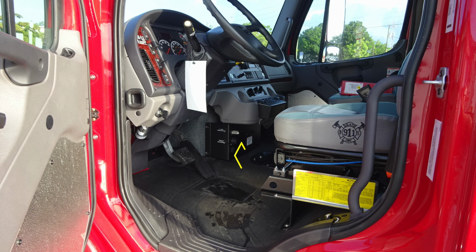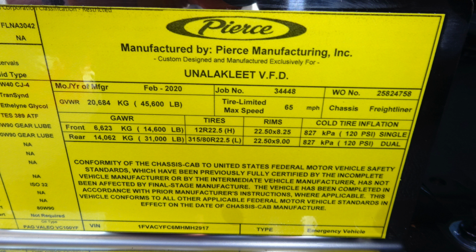Let's first start at the seat area where you'll find comfort controls. This is an air ride seat on the left hand side, and then on the right you'll find front to back location lever. The yellow placard here is manufactured by Pierce. We'll go over that in just a moment. And as we move down to the floor area, you'll find your master battery switch. The yellow placard here indicates the date of manufacture, the 5-digit job number, gross vehicle weight rating, cold tire inflation. It has the VIN number, and then it has all of your fluid capacities and types of fluid for your